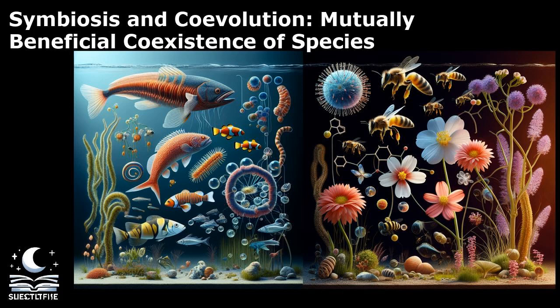Symbiosis, the intricate dance of interdependence between different species, is a common phenomenon in nature. One of the most iconic examples of symbiosis is the relationship between coral reefs and zooxanthellae, a type of algae. The coral provides a protected environment and compounds necessary for photosynthesis, while the zooxanthellae produce oxygen and help the coral remove waste. This mutualistic relationship is essential for the health and survival of coral reefs, which are among the most diverse ecosystems on the planet.